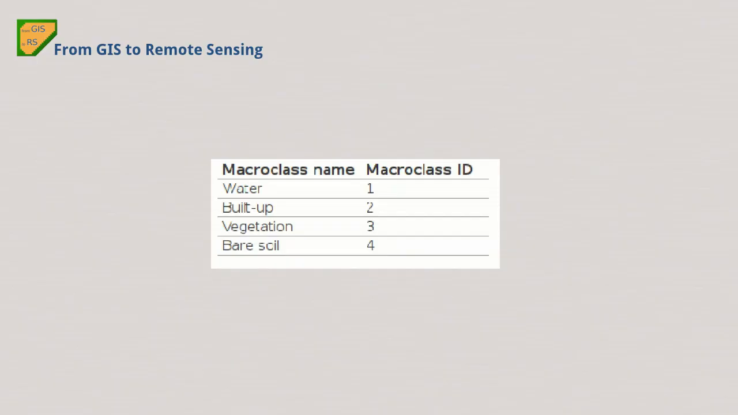So now we need to create the region of interest. In this tutorial we are going to find 4 macro classes: water with the macro class ID 1, the tap with the macro class ID 2, vegetation with the macro class ID 3, and bare soil with the macro class ID 4. And later I'll show you the difference between classes and macro classes and how it can be useful for the classification process. But now we are going back to QGIS,